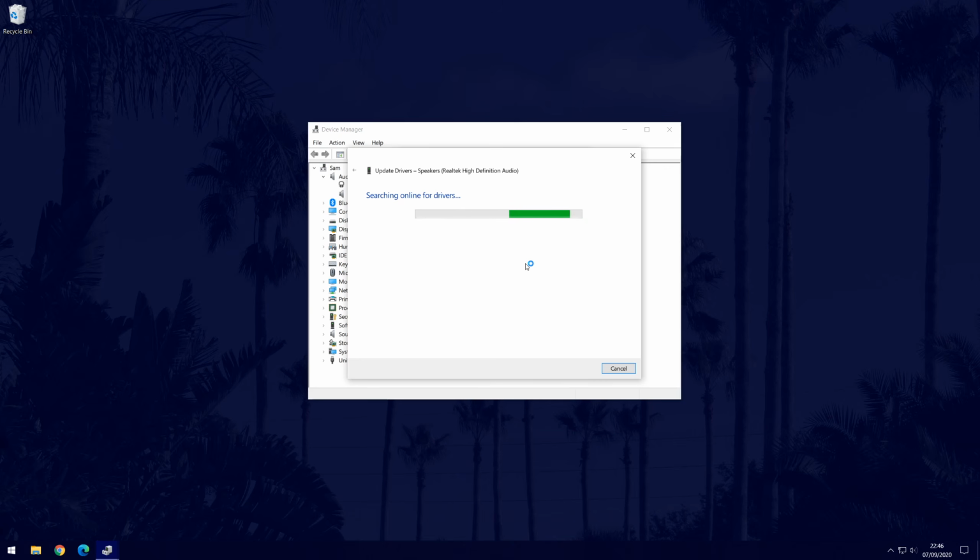If Windows couldn't find any updates, try looking for driver updates on the manufacturer's website. There should be a drivers page and you will need to know the model name or number of your sound device. Download and install the latest driver from there, but just make sure you are getting it from the official